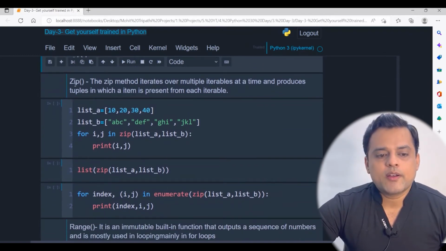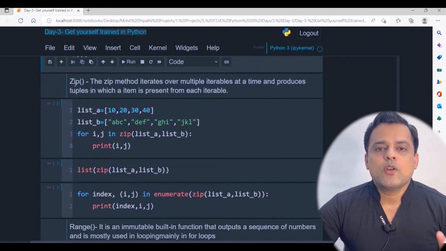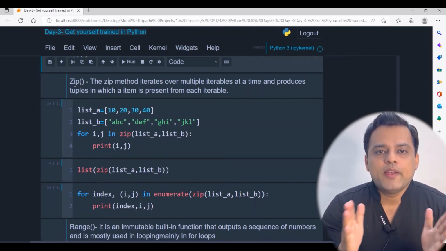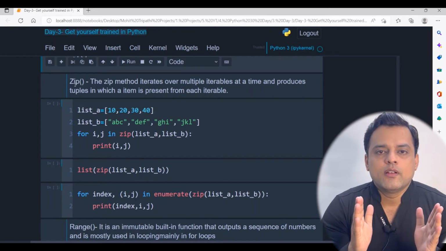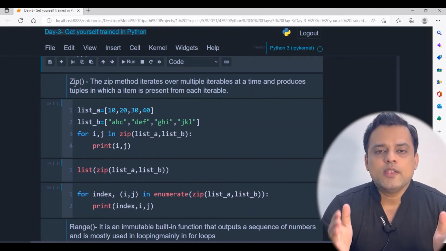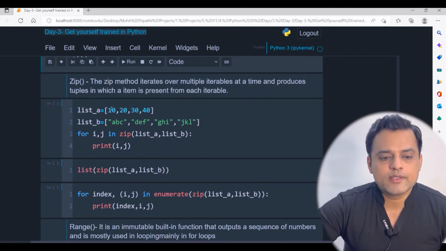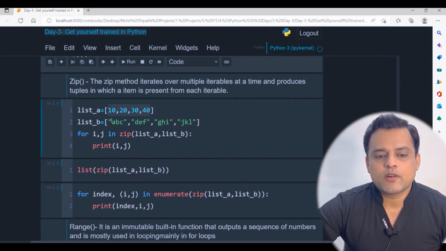Then another important function is zip. So let's say I have two lists and I want to pair the items of the lists using the indexes. For example, I have two lists over here, one which has 10, 20, 30, 40, and I have another list. Now if I have to pair 10 with ABC, 20 with DEF, 30 with GHI and 40 with JKL, what will I do? I will iterate through